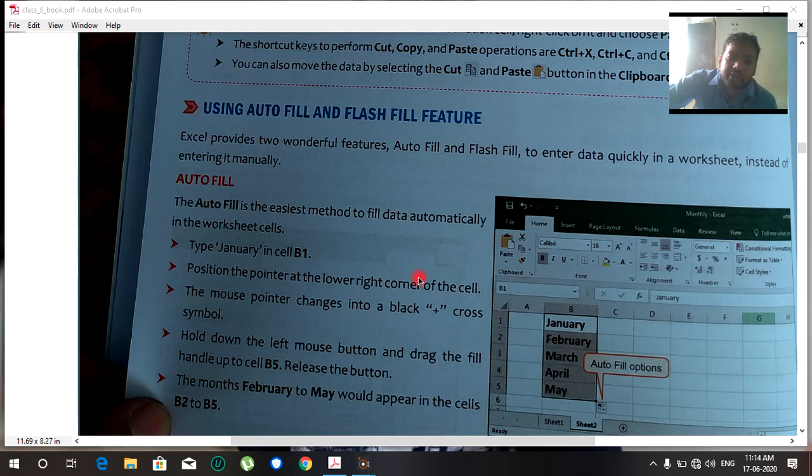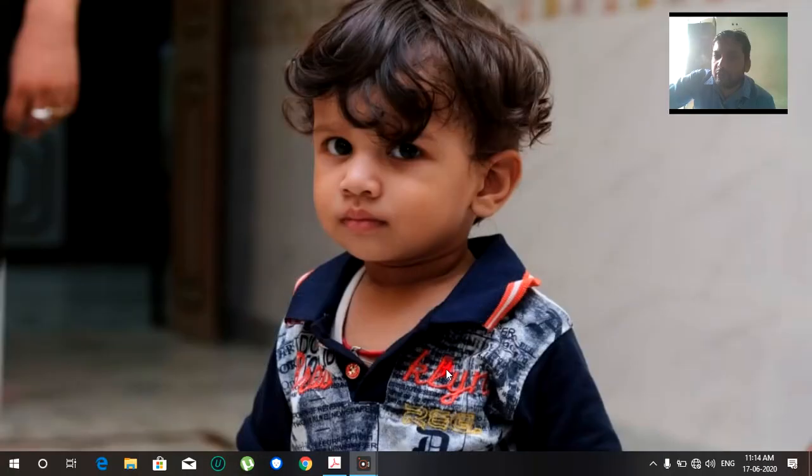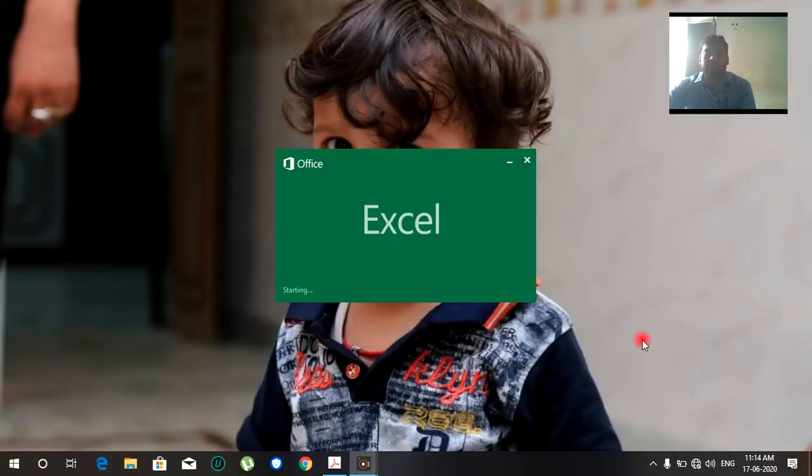When we click on it, the MS Excel window will open. Now see, Excel is opening. This is the way how we can open MS Excel 2016.